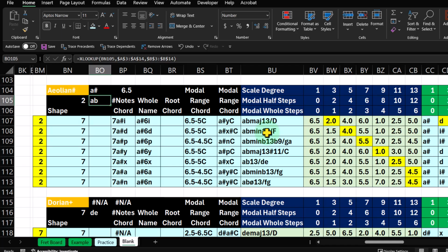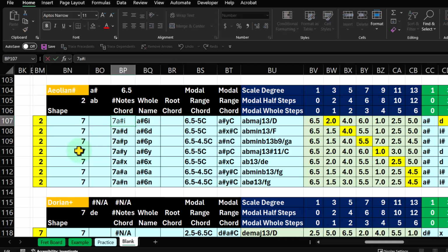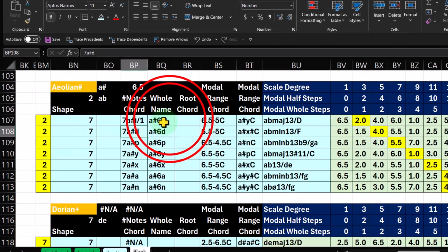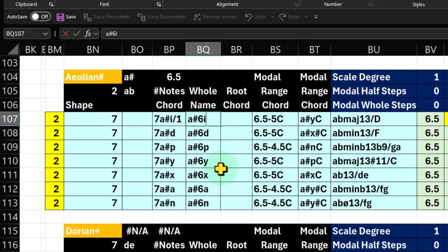But it would be easier and transposable to say it's a 7-note Ionian, Aeolian sharp with an Ionian shape slash first inversion, because you're going to invert one modal whole step up, or the next note up in the standard stack of the collection of notes if they were in order, making it the lowest note, or an A sharp 6 Ionian slash 1